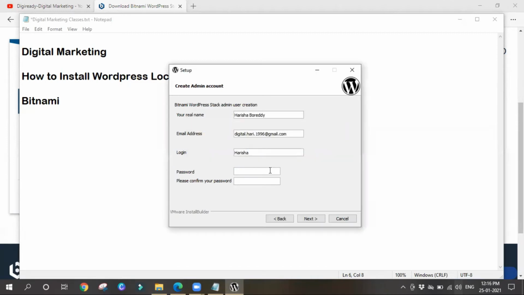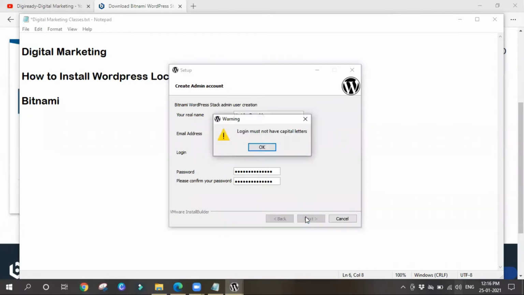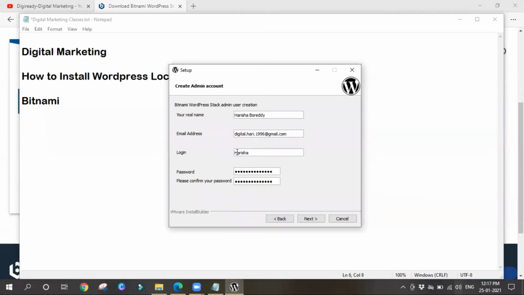Let me set the password again. After you set your password, please click on next. Login must not have capital letters. So here also you should not use any capital letters, it seems.